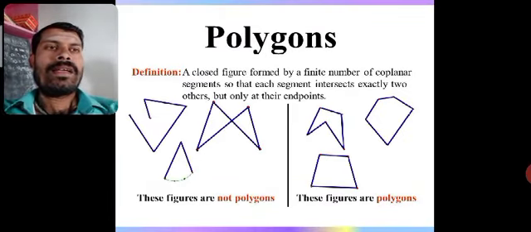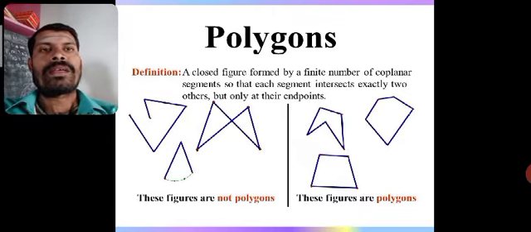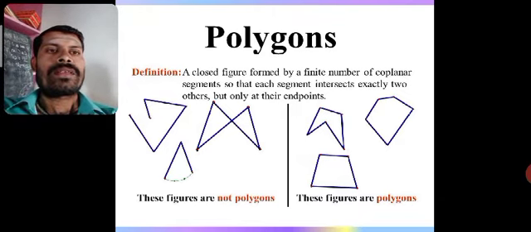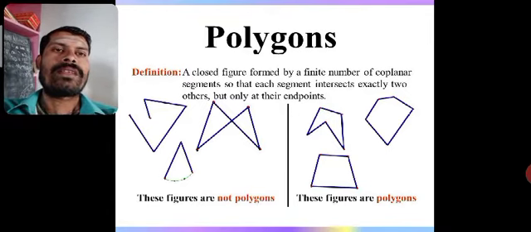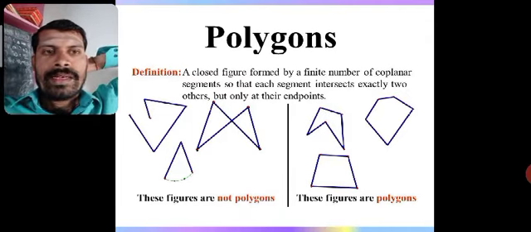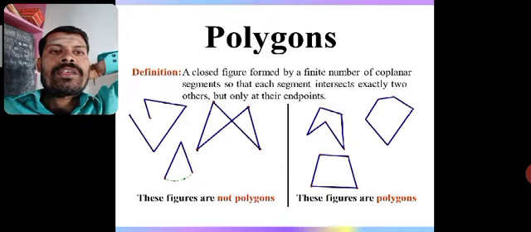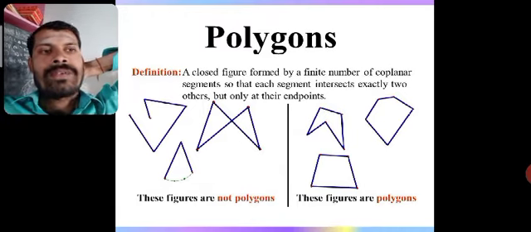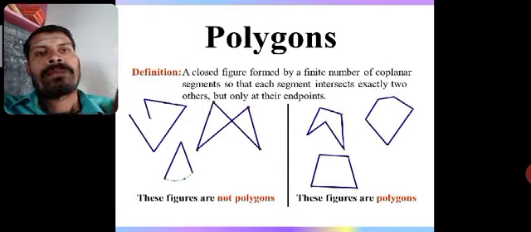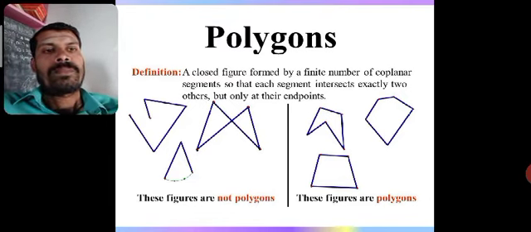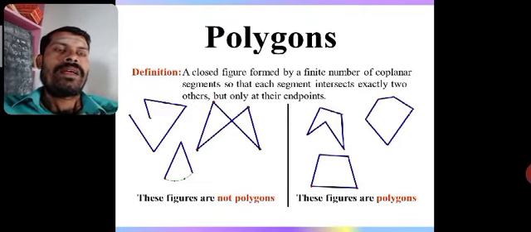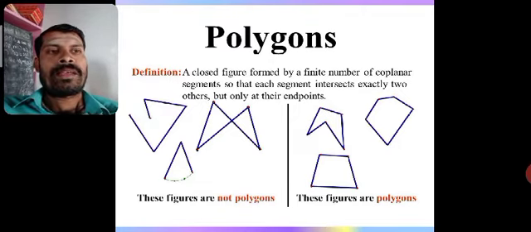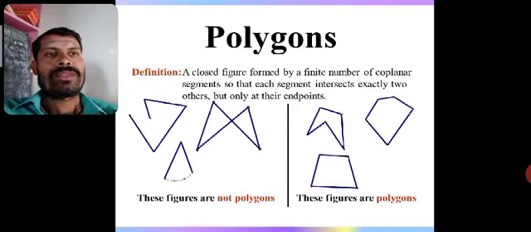Look at these figures here, polygons. In the first part, those figures are not bounded. In this one, lines are intersecting, and the third one is not closed. In this first branch of figures, those are not polygons. Observe the second type in these figures. Those figures are bounded by line segments and they are closed. Those are called polygons.